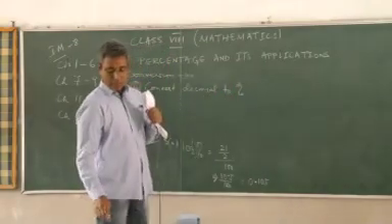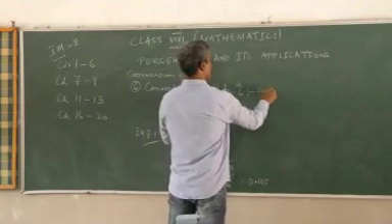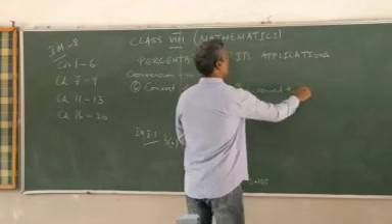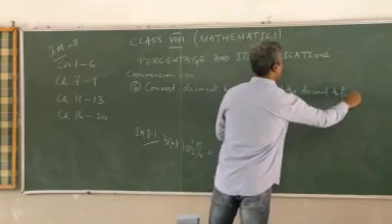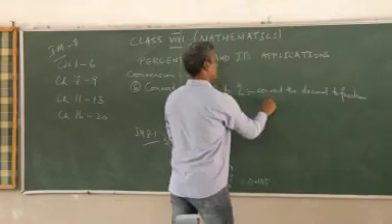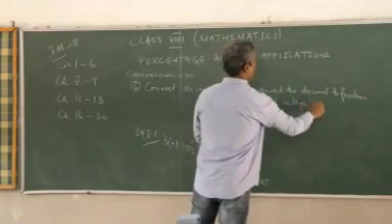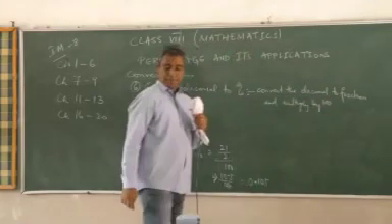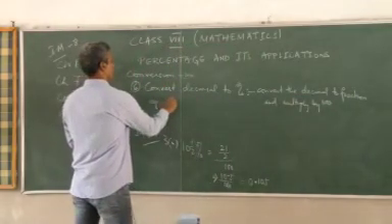How do you do that? What are the steps? Convert the decimal to fraction and multiply by 100. All right? So, an example,